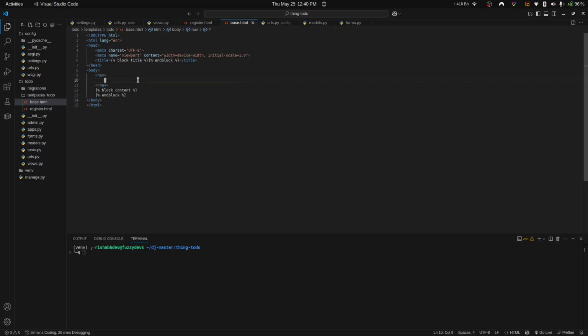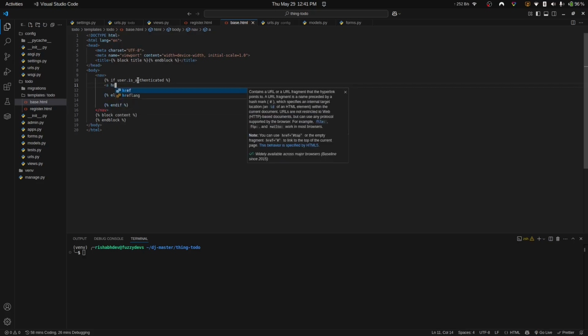So here we will use another tag, and we'll just check if user.is_authenticated. If the user is authenticated, else, and if. Now with this we have basically written an if else. We will show different links to the user who is logged in and different to the unauthenticated user. So if the user is authenticated, we will show a link